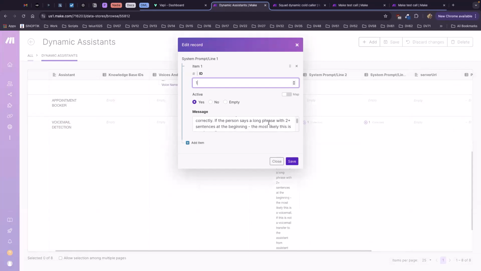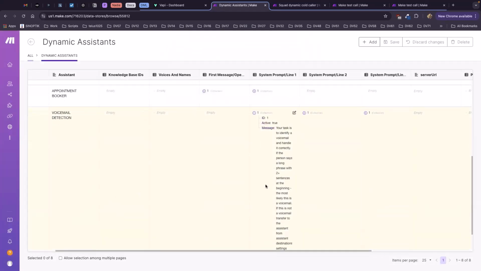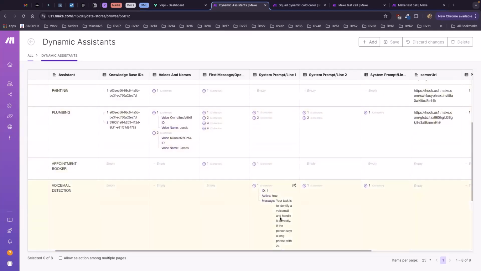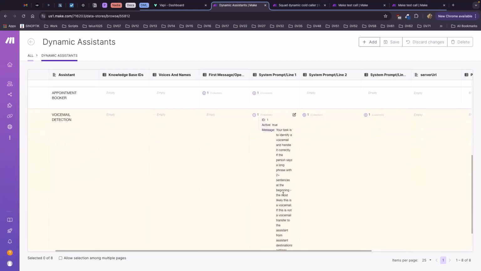If a person says a long phrase with 2+ sentences, most likely this is a voicemail, and so on. So we can put very specific instructions in this voicemail assistant and not spoil the industry assistant with these instructions. It seems to be a good idea, but